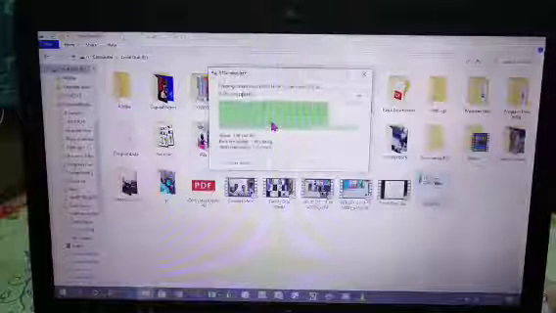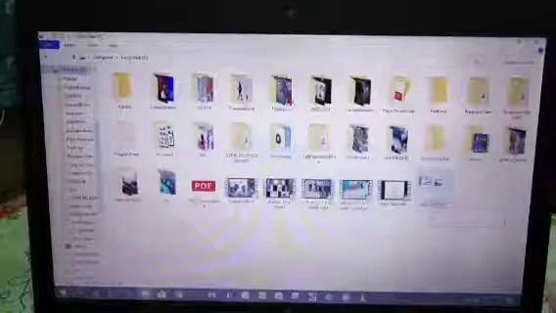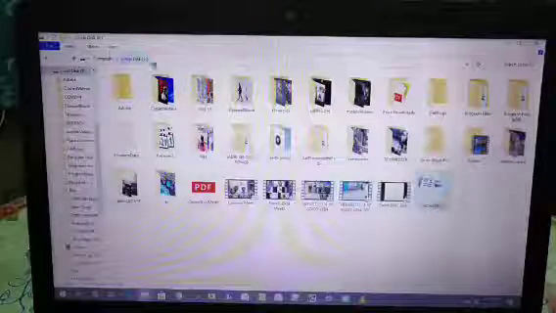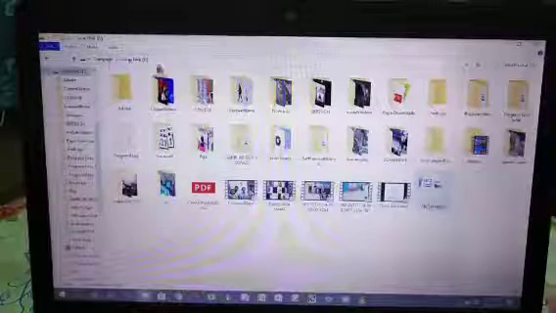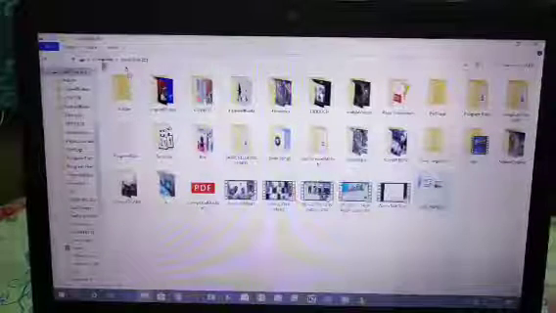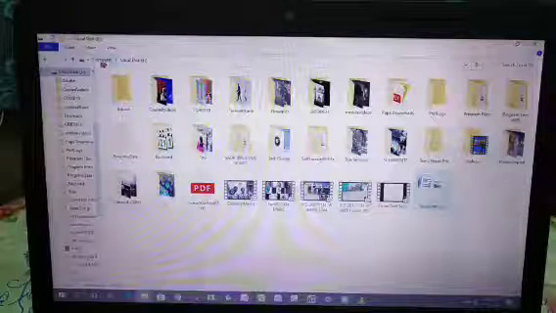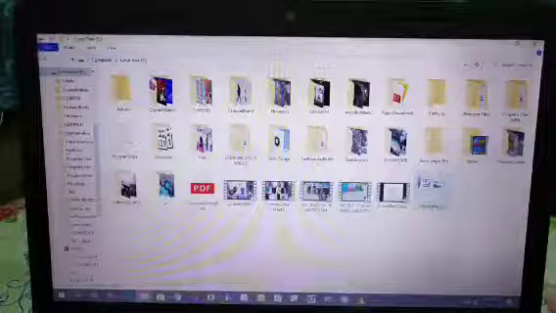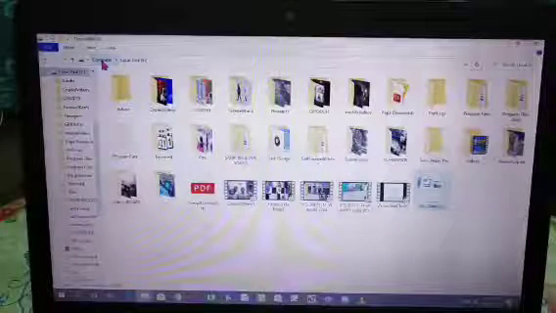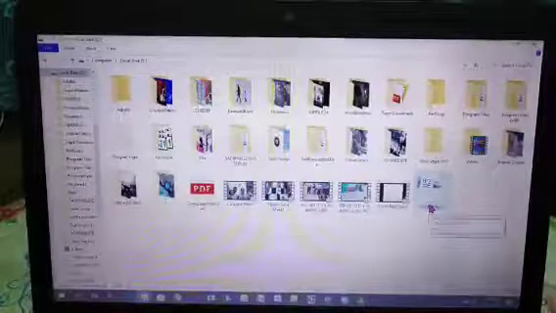It just asks for the permission. Now here you have got the file copied. Okay, now what you see here, this is called path name. Okay, path name, that means the location of the file in your computer system. So it is in E drive, which is inside your computer system. So we have come through this path after clicking my computer, then we came to E drive. So this is the destination location.